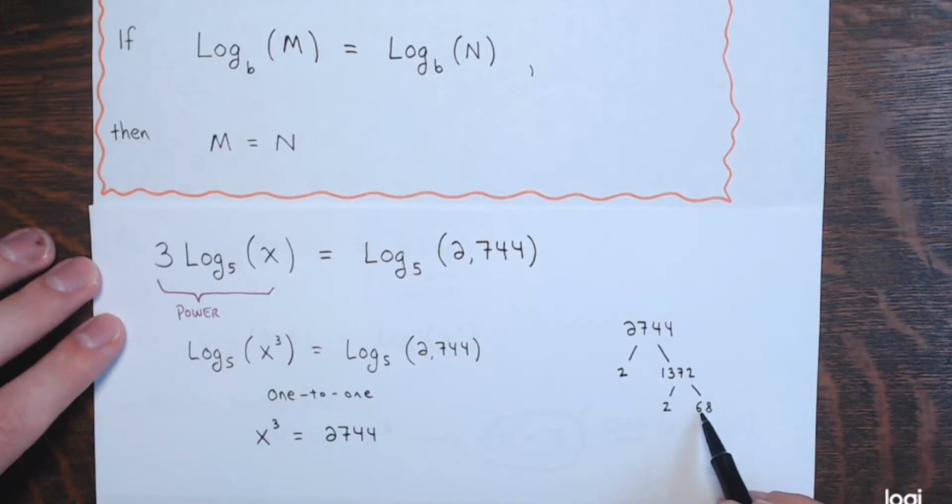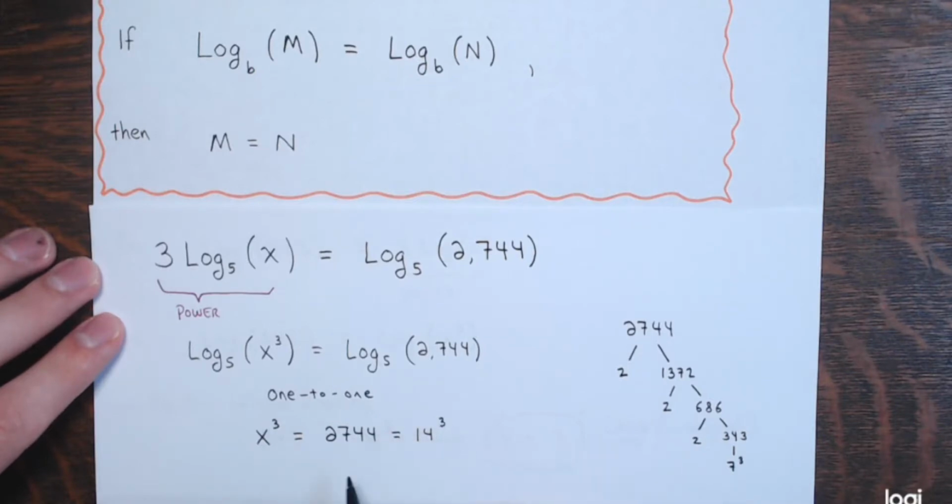And this is a multiple of 2. 343. And then 343 we saw was 7 cubed in the last question. So 2 cubed times 7 cubed, 2 times 7 cubed,